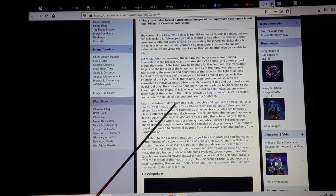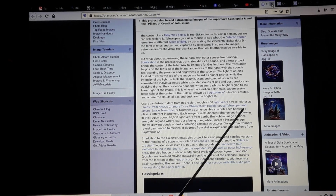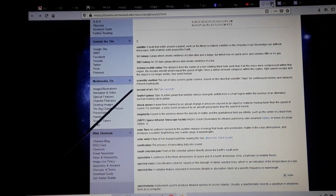Users can listen to data from this region, roughly 400 light-years across, either as solos from NASA's Chandra X-ray Observatory, Hubble Space Telescope, and Spitzer Space Telescope, or together as an ensemble in which each telescope plays a...